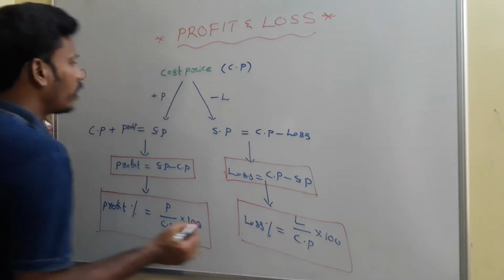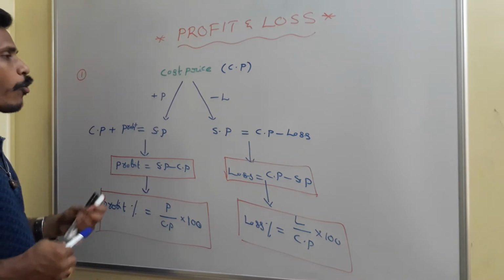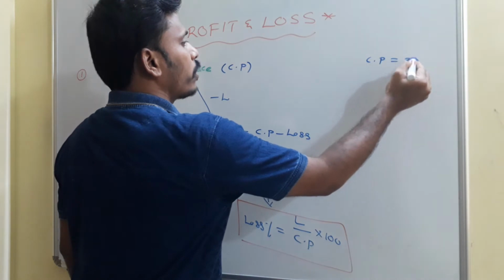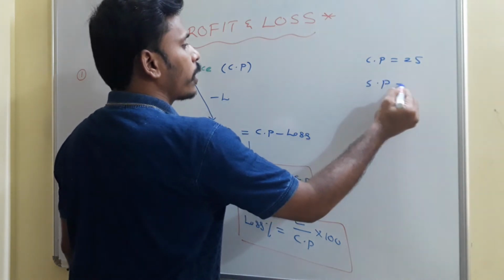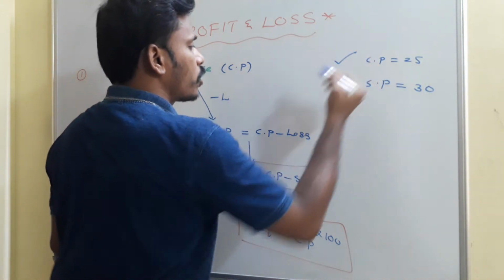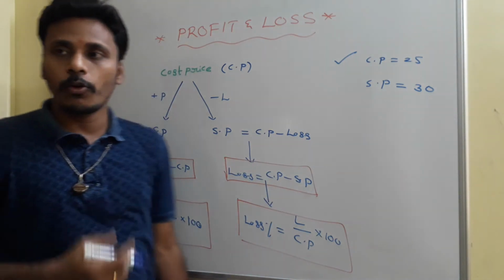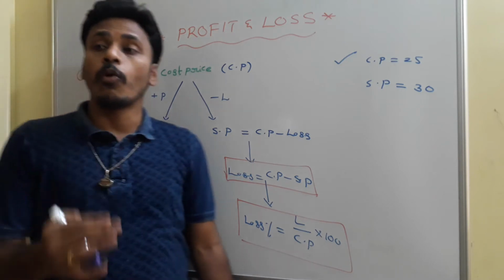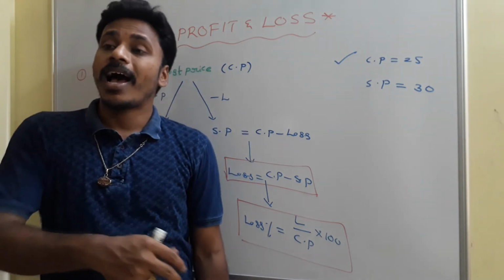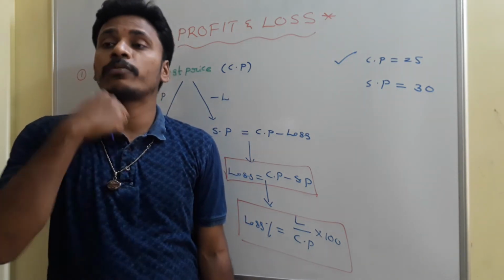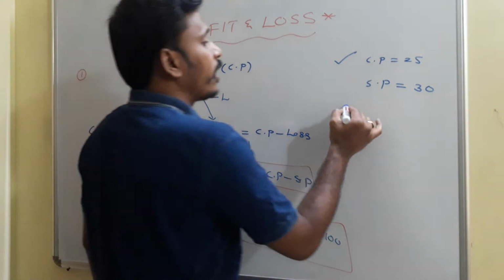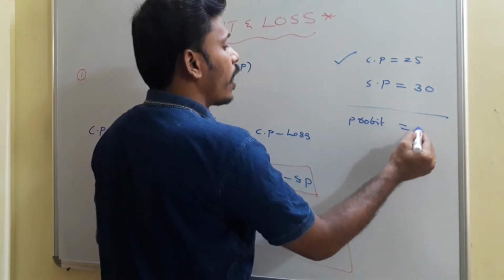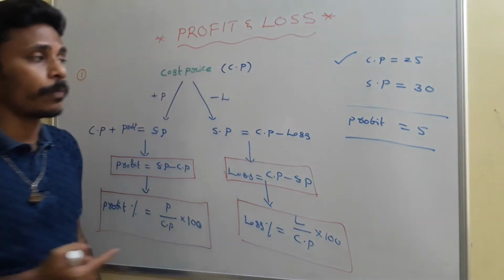Just have a look. See, if you go with an example for point A, if I buy a pen for a cost price of 25 rupees and I sell it for a selling price of 30 rupees, just analyze the situation. I am buying a pen for 25 rupees and selling it for 30 rupees. The selling price is more and the cost price is less, I am buying for the lesser amount and selling for the greater amount, then the difference between these two is clearly 5, and that 5 is profit here because the selling price is more.